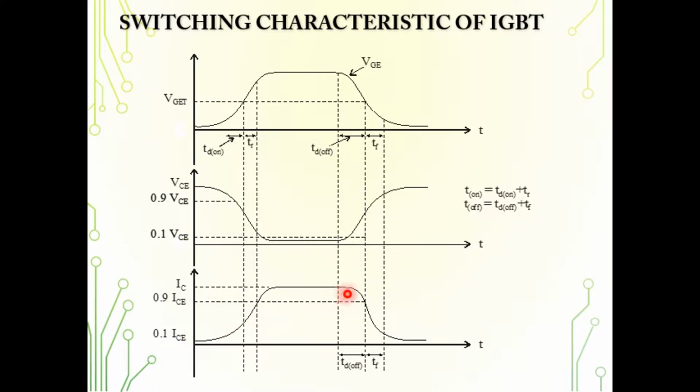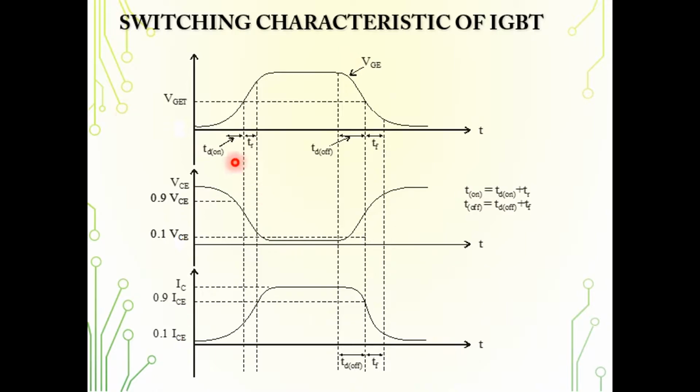and the output current also remains constant. When you remove the gate signal, what should happen? The output current should become 0, right? So it is reducing and almost becoming equal to 0, whereas the output voltage will increase. Okay, this is how it is. So you don't have again a storage time in this compared to that of the BJT. So MOSFETs and IGBT do not have storage time.